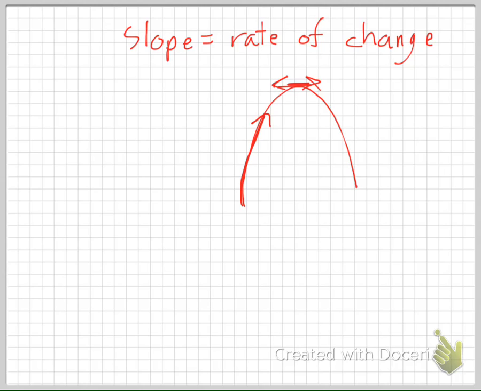So, when it talks about constant rate of change, basically all you're looking for is, is it a straight line? If it's a straight line, then it has a constant rate of change because it slopes the same all throughout the line. If the line is curved at all at any point, or if you had a graph where the line went like this and then evened out and then like this, this also would not be a constant rate of change. It has a constant rate here, but a different rate here, and a constant rate here and a different rate there. So